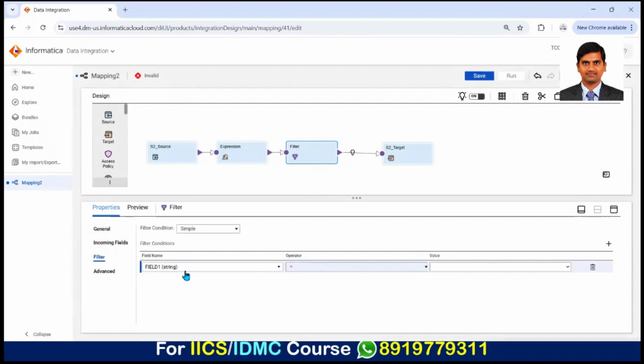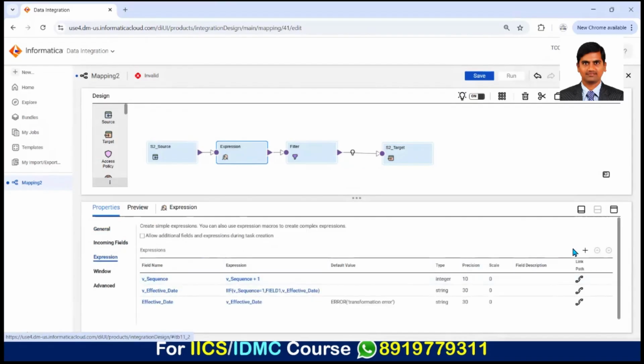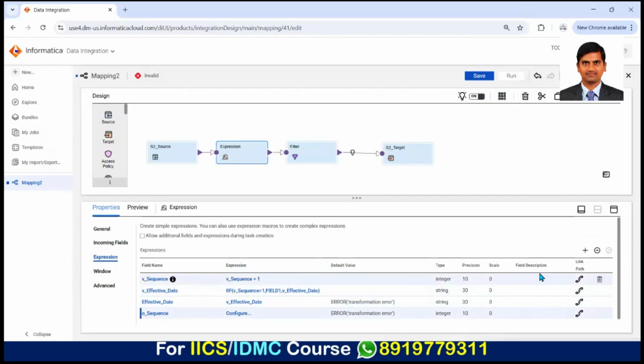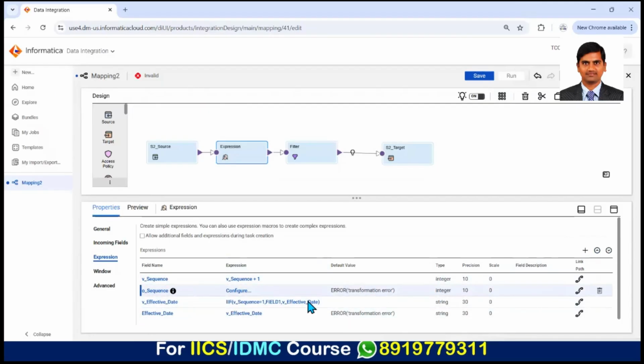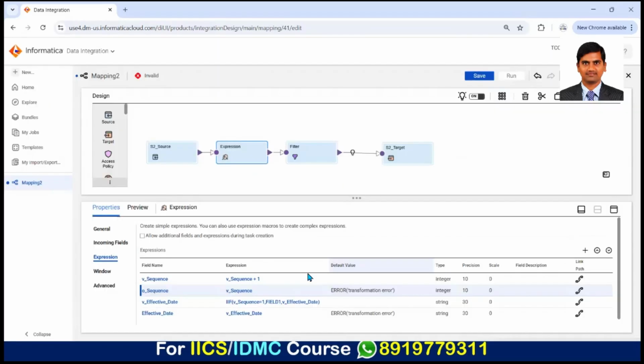This field, so I think we are not sending the V sequence out. Let's create one O underscore sequence. This is the output field, which is an integer again, because we need to send this sequence out of this transformation. So I'm also assigning this V sequence so that I have to tell the filter,